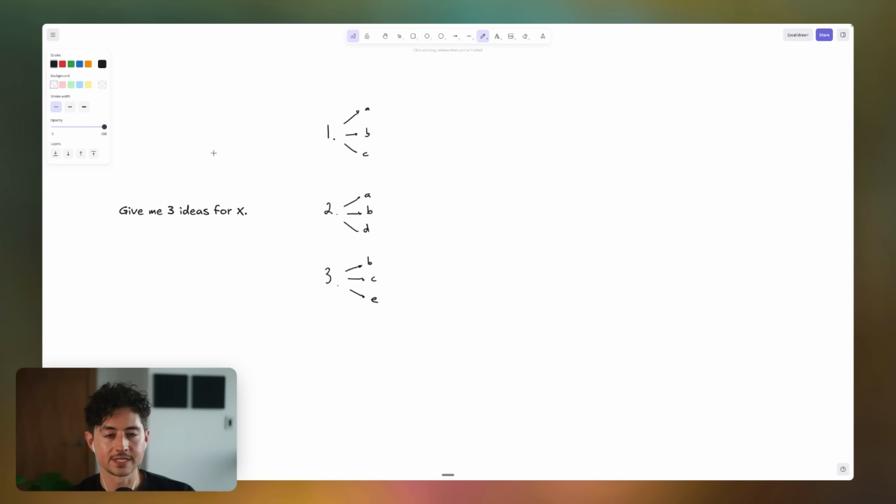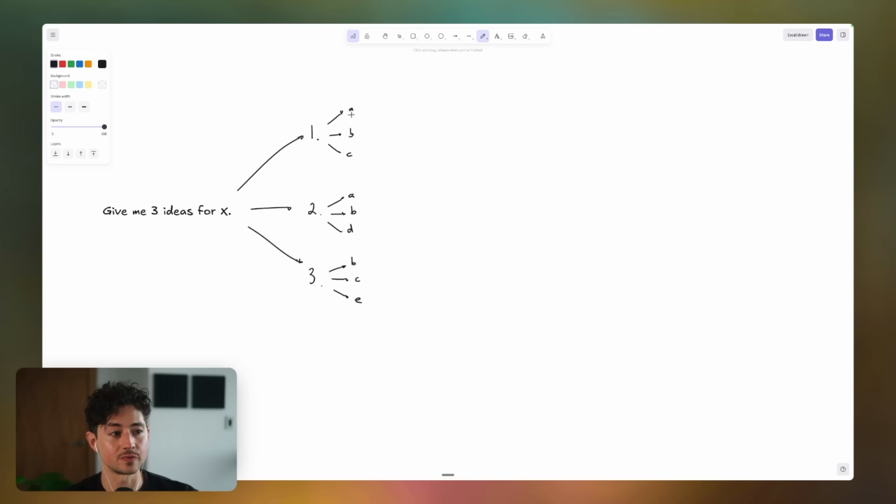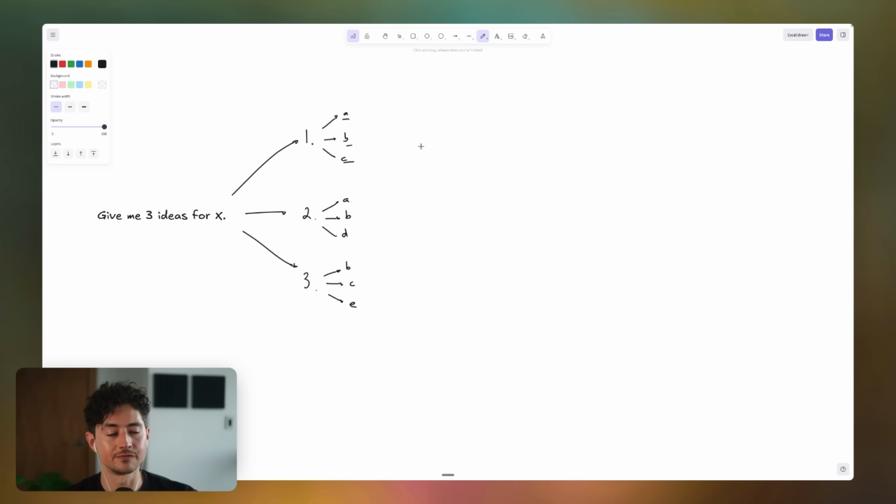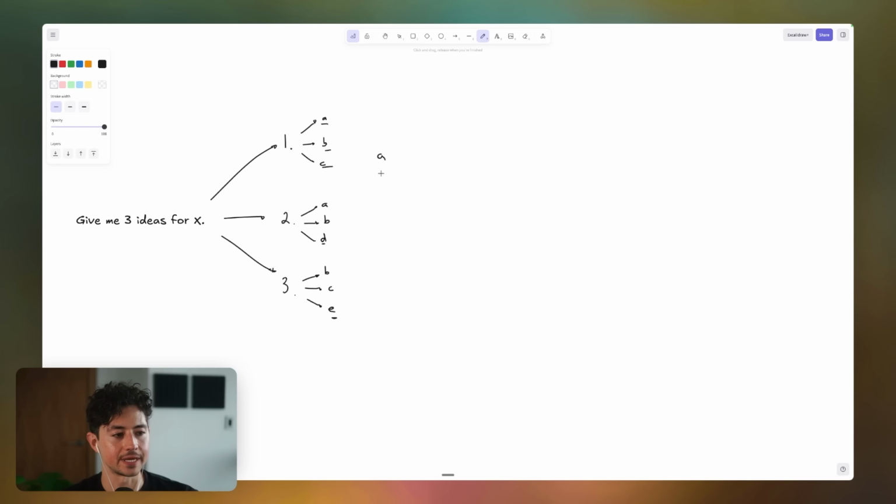What stochastic multi-agent consensus is, you basically automate the process of spawning multiple agents, giving them slightly varied input prompts to take advantage of stochasticity. And then instead of just getting, let's say, 3 ideas, A, B, and C, you get to exploit stats to get all of the possibilities, including ones that might be a little rarer, that the model is less likely to actually answer with. And so in this way, you get A, you get B, you can get C, but you can also get D, and then you can get E. So if you compare it to just one naive search, we've basically almost doubled the scope of the ideation. Now, mathematically, this is termed traversing the search space.